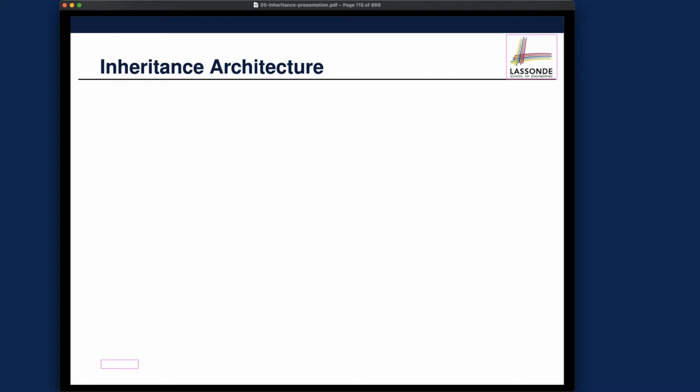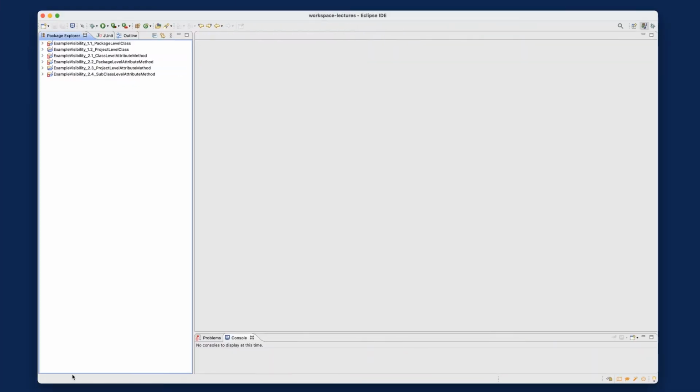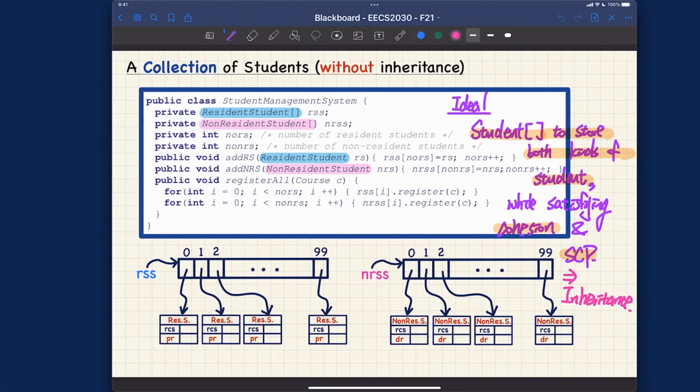Let's now learn about the final third design for the student management system problem. Especially, let's recall the criteria that we have set out in the second version, the second design. Remember, we said the ideal design should have a single students array, whereas we should also satisfy the good design principles about cohesion and also single choice principle, right? Let's now keep that in mind and then see how the ultimate third design is going to satisfy all these